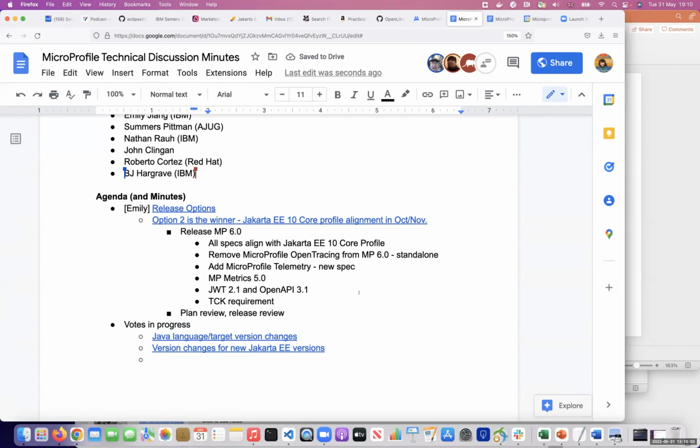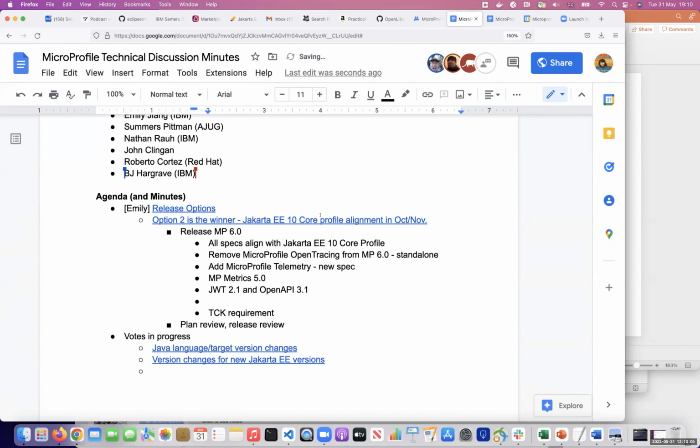So this is option 2, at least for the October, November release. For OpenAPI 3.1, it has the integration with Bean Validation.